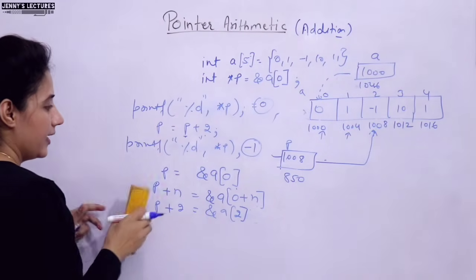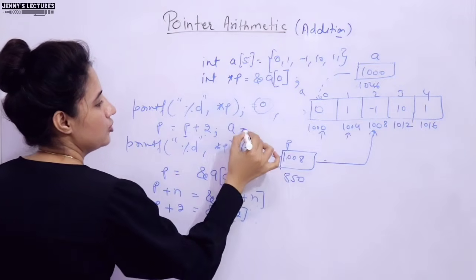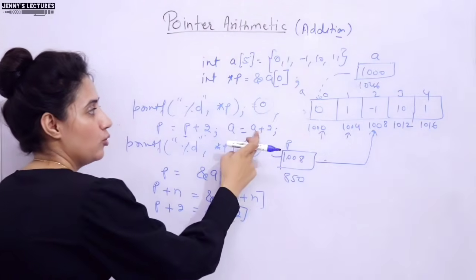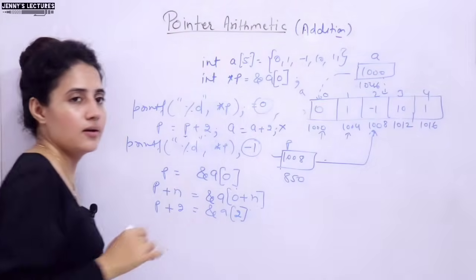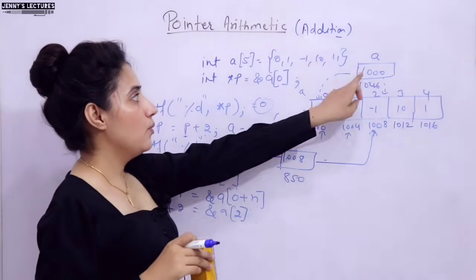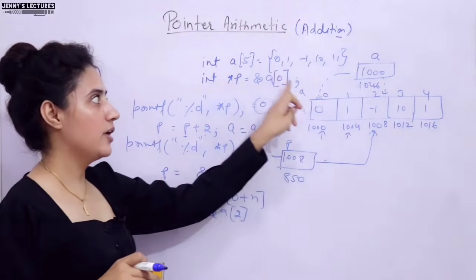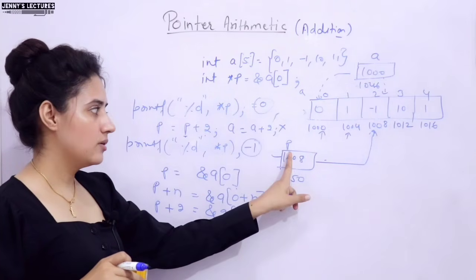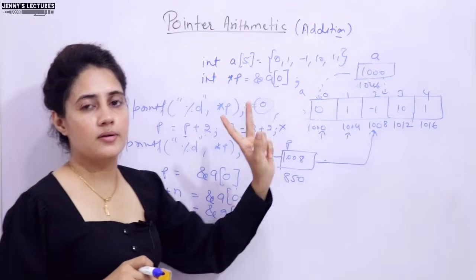But see, here this is not possible. If I do something like this, rather than this I want to do A is equal to A plus 2. You will say that A is also containing an address, so we can also do A plus 2, and A would also point to here. This would be illegal. This is invalid, because A would always be a constant pointer, means it will always point to the base address. We cannot move this A. This is the name of the array. We cannot change the value of A, whatever A will contain. Yeah, you can change if you take another pointer and change that value. You can move this pointer.